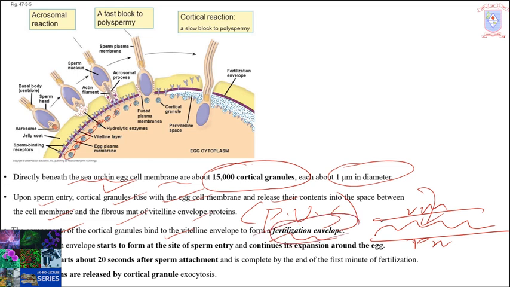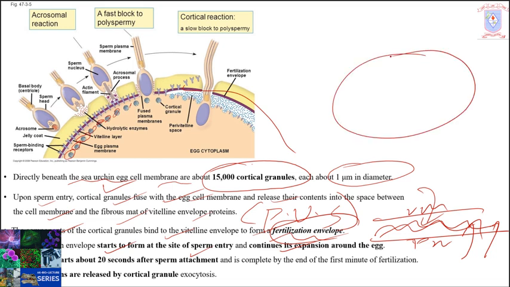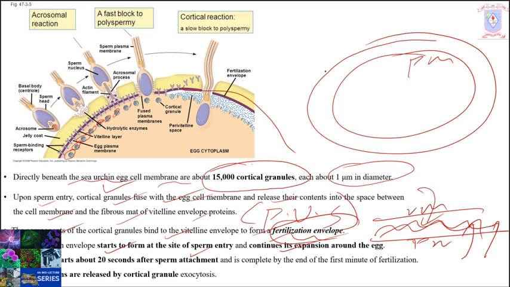So after the release of the cortical granules, the space is called the fertilization envelope. The fertilization envelope starts to form at the sperm entry point and continues its expansion around the egg. Consider this: this is the egg plasma membrane, and this is the vitelline envelope, and the sperm has entered into